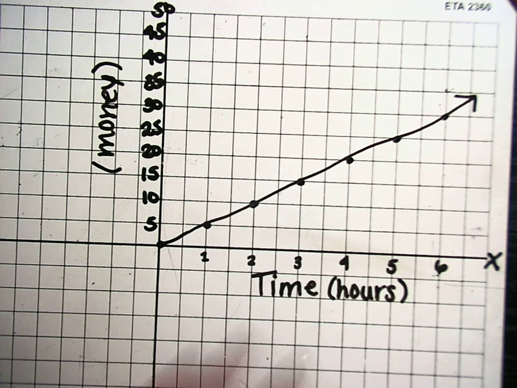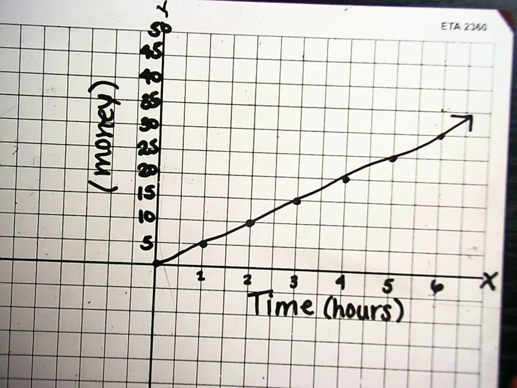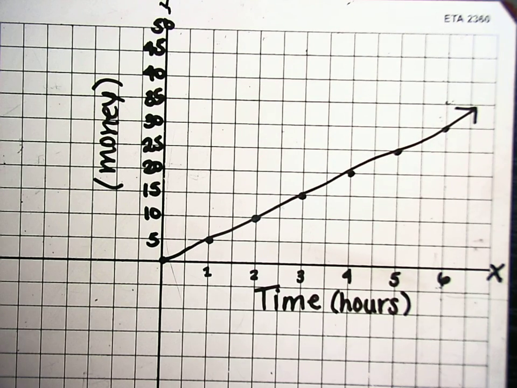When we're looking at these problems, some of the key things we need to realize about them are little things that we call characteristics of the graph. We're going to start looking at the slope, the intercept, the domain, and the range, and we're going to see what that actually means in the real world. So first thing,